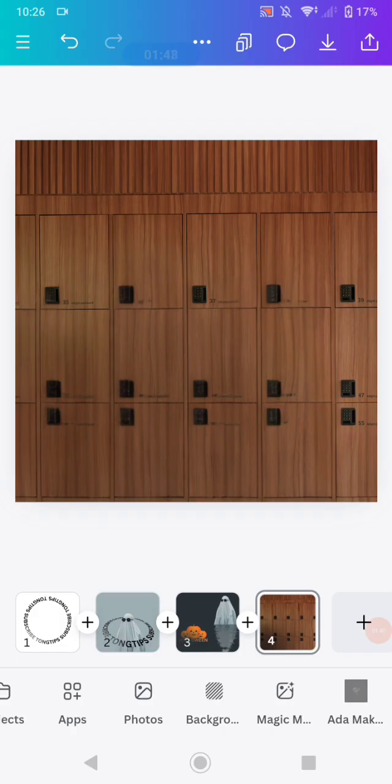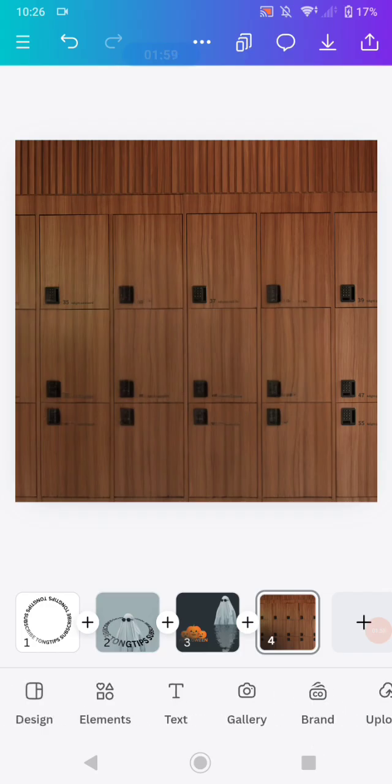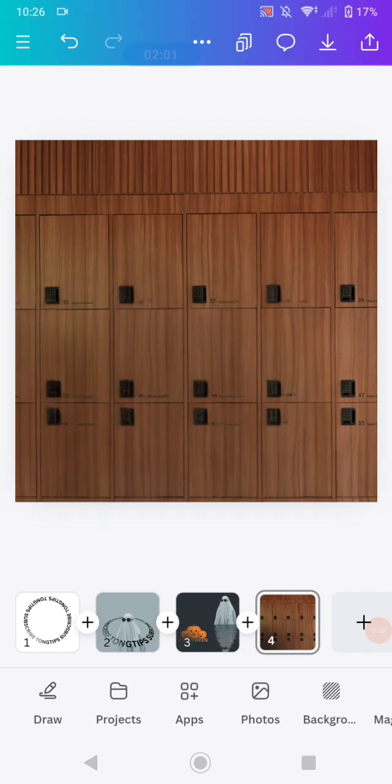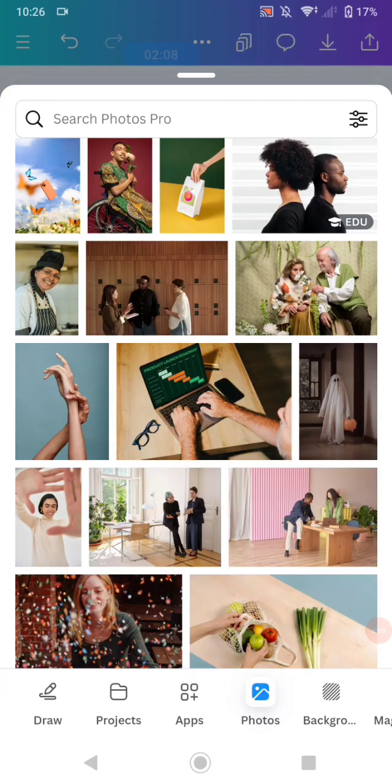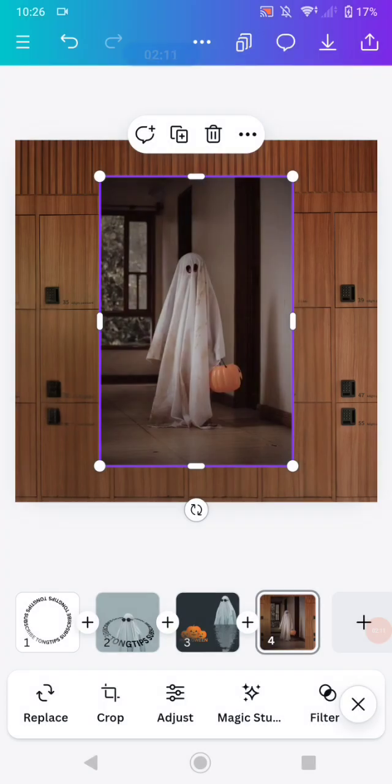And as you can see, now the object from the image that I inserted onto this page before is already gone. And now if you want to make a new image or add a new object, you can just insert a new image like this. And for example, I will add this image and then click it and open the Magic Studio one more time,